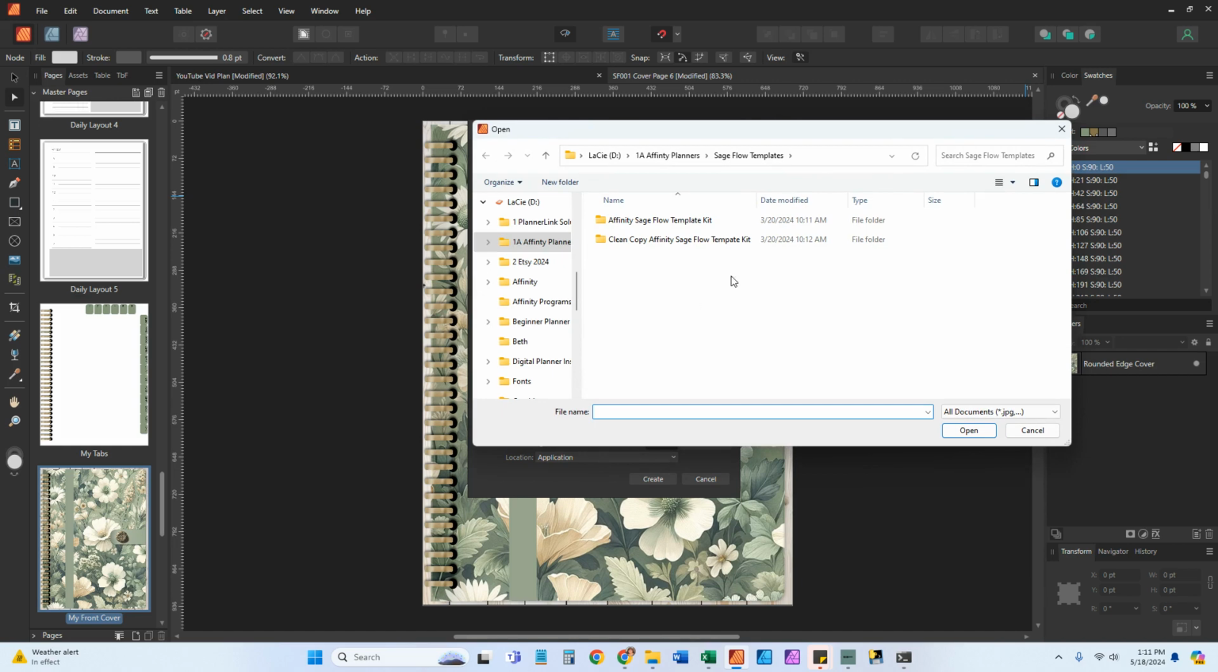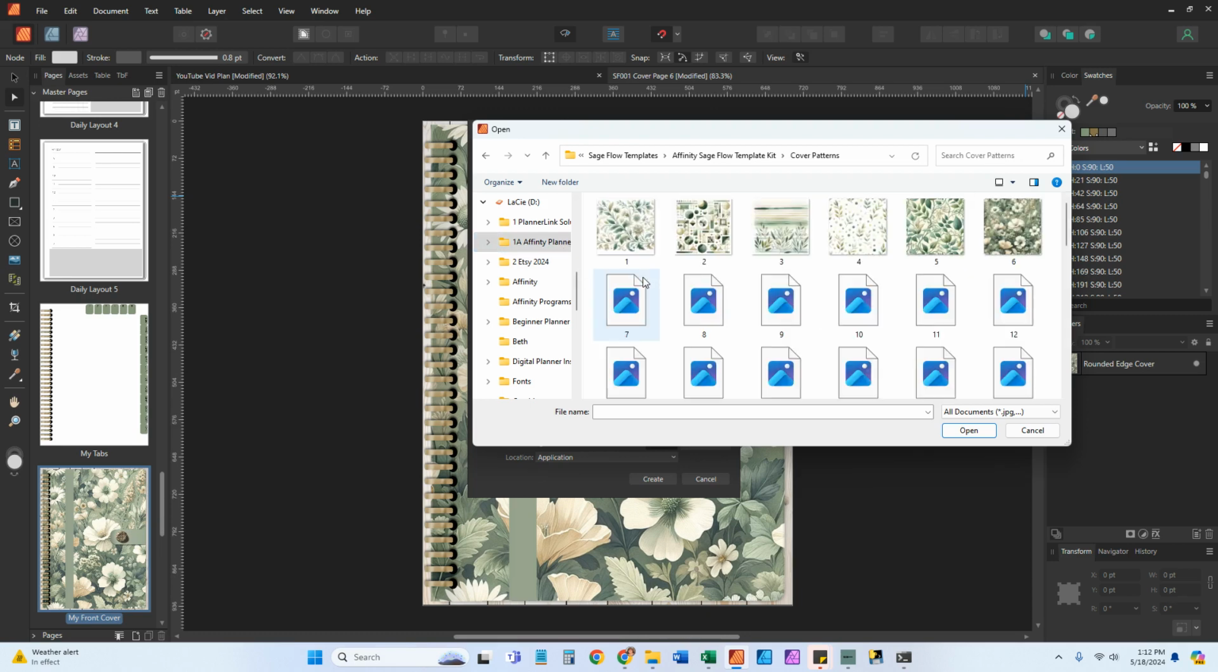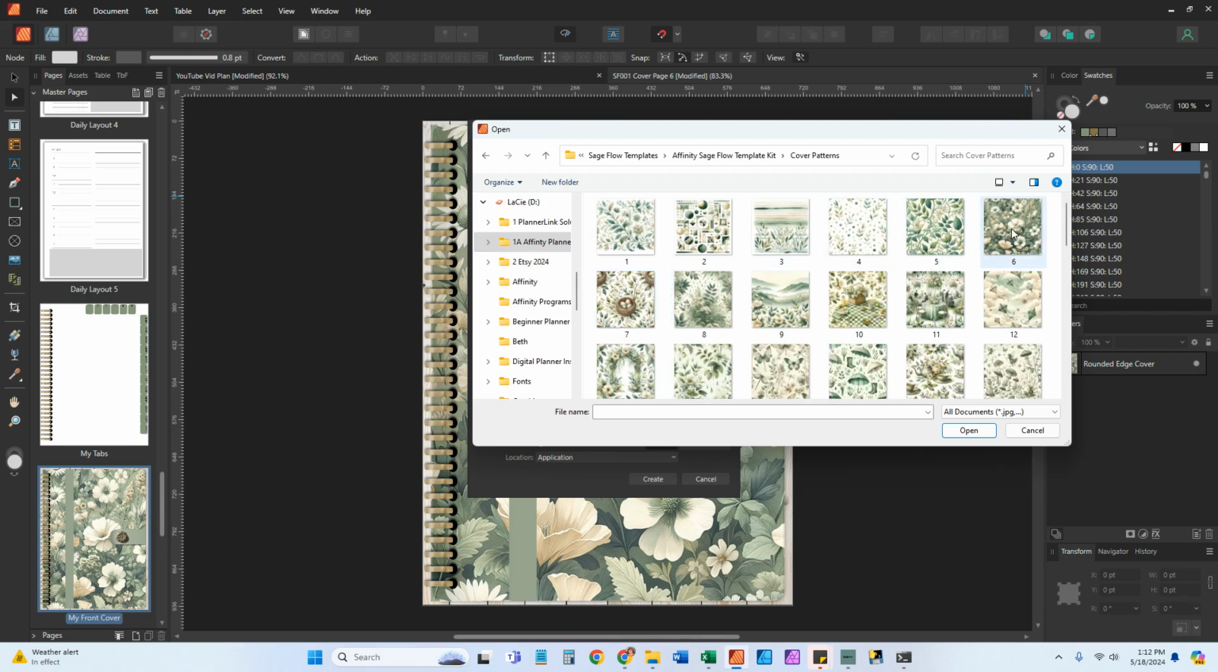For this demonstration, I'm using the template pack created by Camilla Ricketts. This is one that I've already started, so this was the best one to show you these examples. What I'm looking for is the cover patterns, and the pattern that I used was number 6, so that's what we want to create our color palette from. We're going to click on that and then click Open,